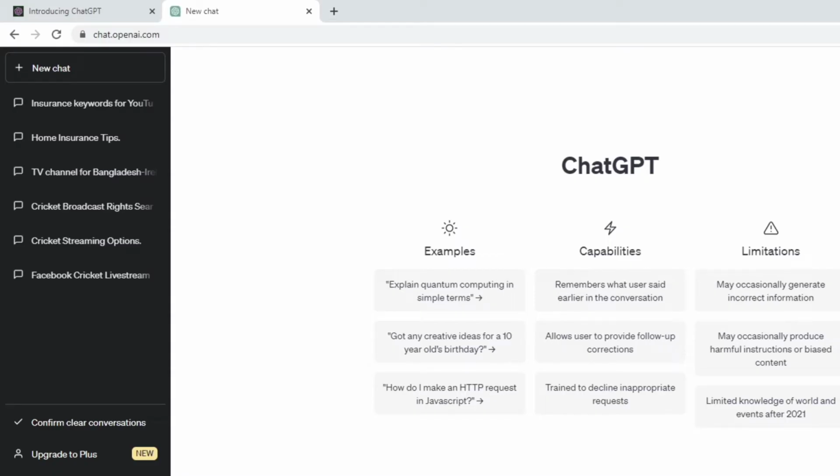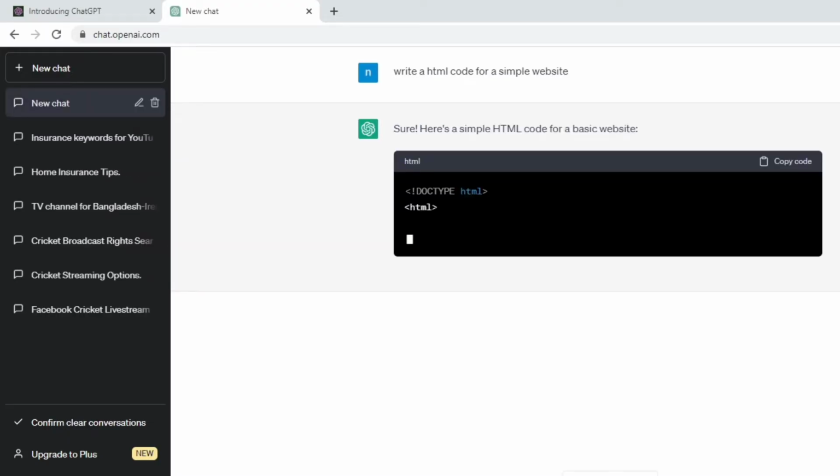Write a HTML code for a simple website. After that, click here. Now you can see